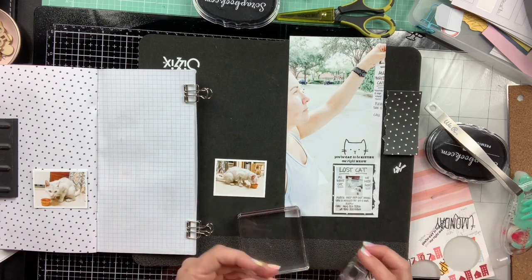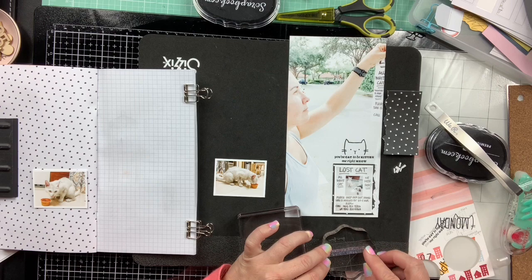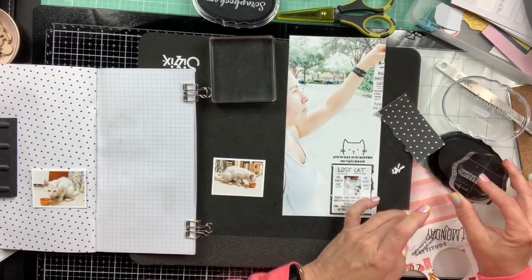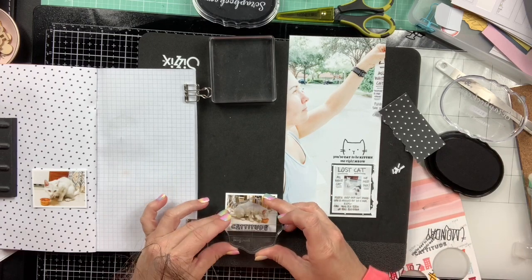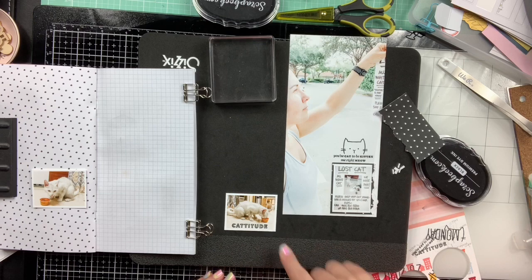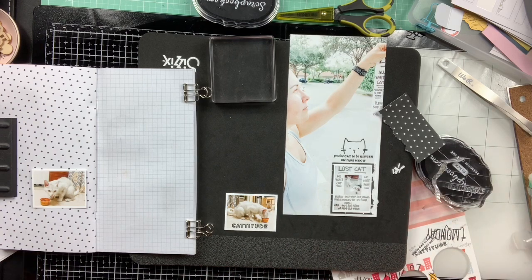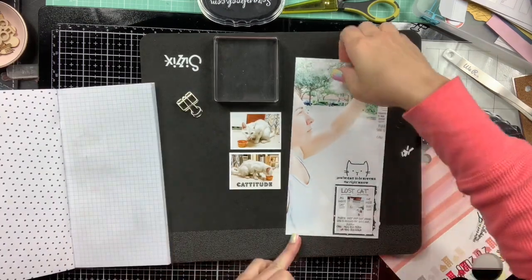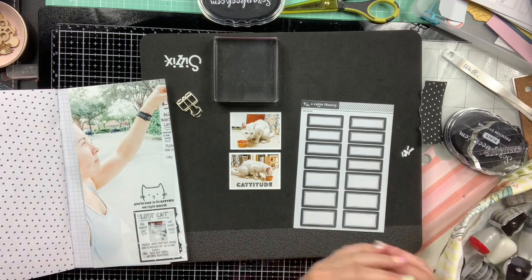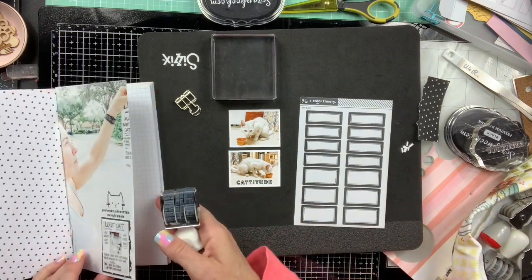The little picture that I added to the bottom right of the bigger picture of me hanging the sign is the actual sign. I just took a picture of it with my camera, and then I used print to size to size it down, and I put that on a full-size picture. That picture covers the whole page. And here I am adding a Studio Calico black